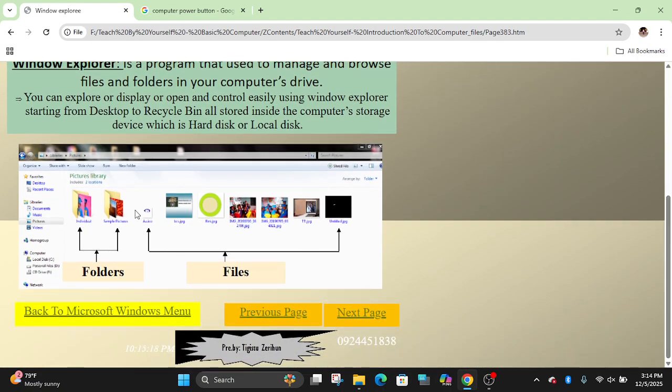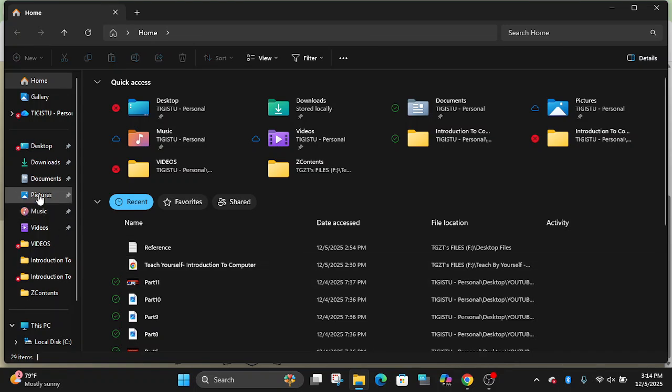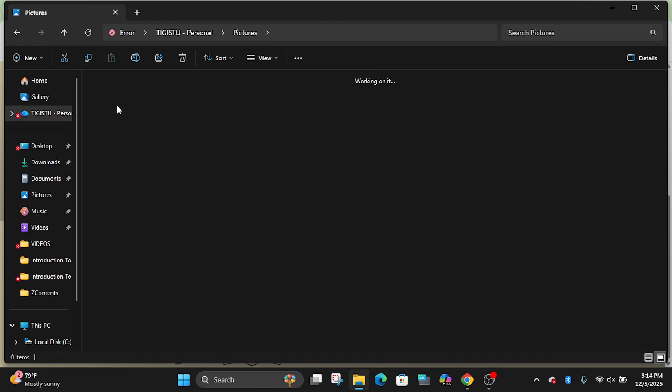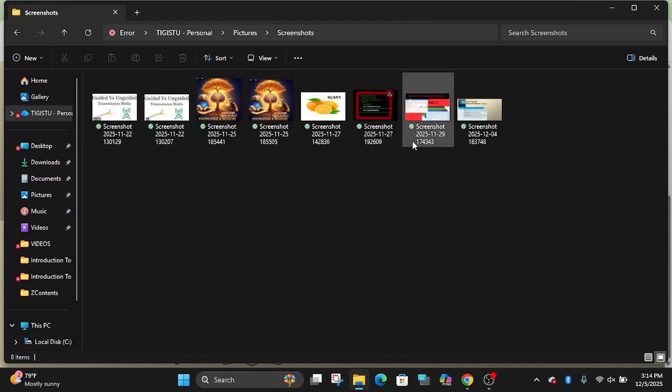Anyway, before opening Windows Explorer or File Explorer, here are folders, the yellow icons. They are always folders, and every separate file with its different format or icon is a file. So let me show you here. Pictures, for instance. Here are the files.